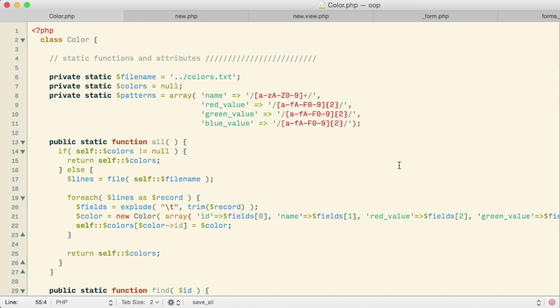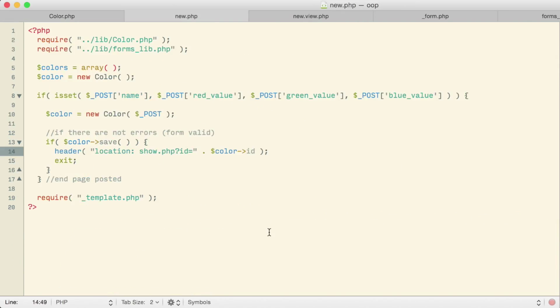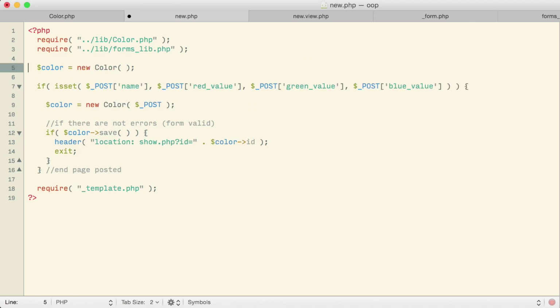But what we get as a payoff is our new page, which was several pages of code long before, has now become just this. And now that I think about it, we don't even need that line, do we? What happens now with our new page is whenever we first visit it, we get a blank color, and that blank color is what's shown in the form. Whatever default values we put in for a color are the default values that our form should show. When the form itself is actually submitted, we take the submitted values that are posted from our form, we use that to create a color object, and then we just, simple as can be, say, hey color, save yourself.